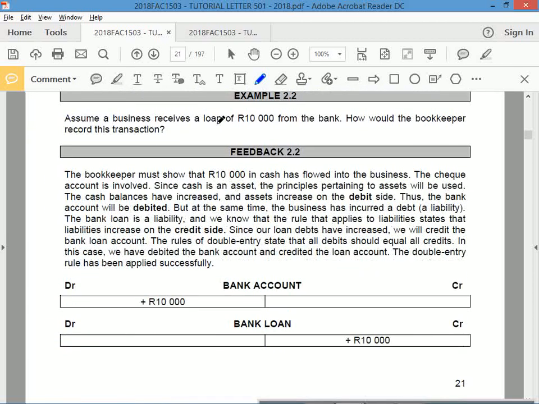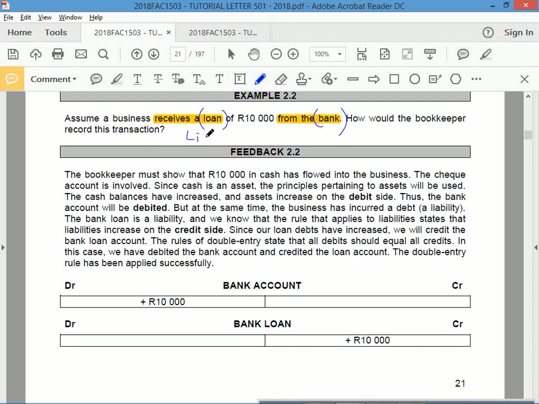Right, here's another one, guys. Help me with this one. A business receives a loan from the bank. What are we going to highlight? Okay, receives a loan from the bank. That's fine. You can highlight more if you want to. I'm just going to highlight that. What words stand out? Loan and bank. Good. What is the loan account?